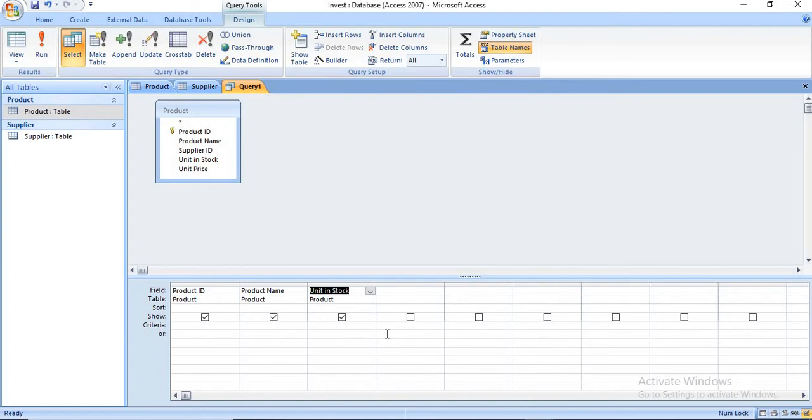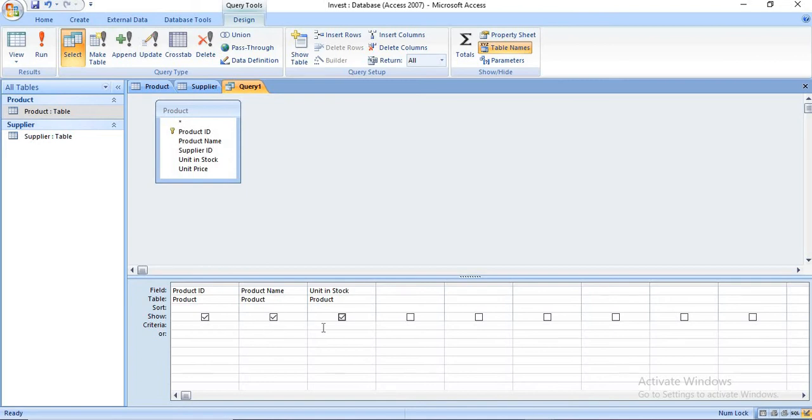Next, after this adding, what do we have to do? Sorting. What is the criteria? Unit in stock more than 15. So this is unit in stock, and we have to add a criteria. This is your criteria row.